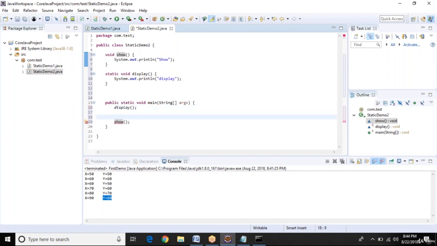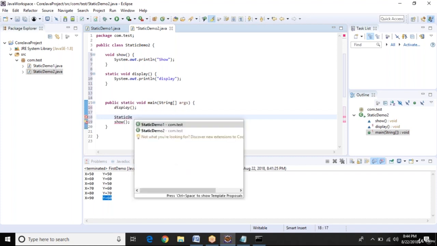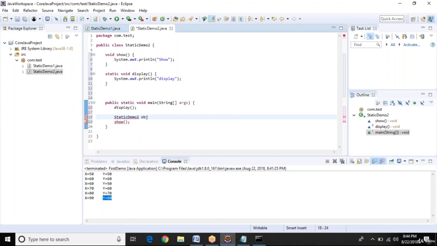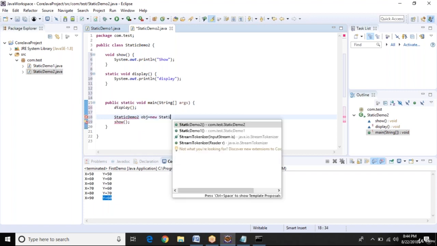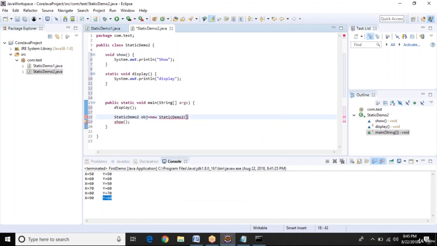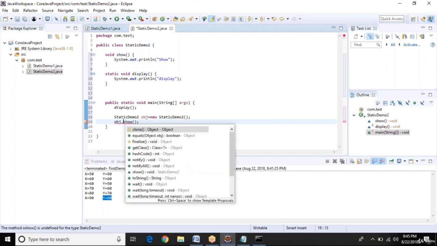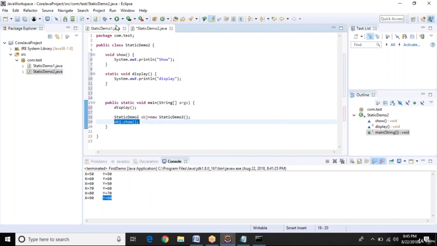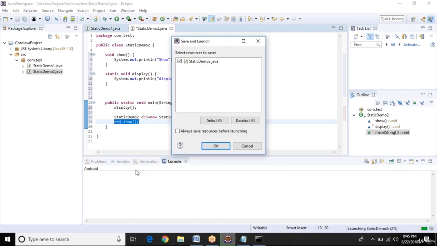And how do we create an object? We create an object using the new keyword. This is the basic thing we need to know. obj equal to new StaticDemo2, and now using that obj.show we can call this method, and it will print the values of both methods, display and show.